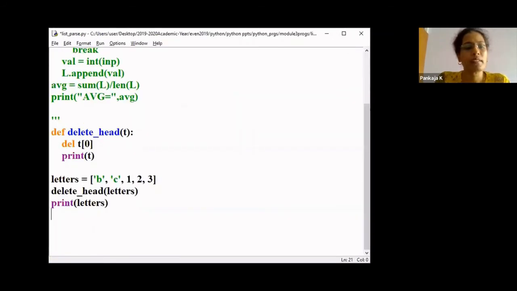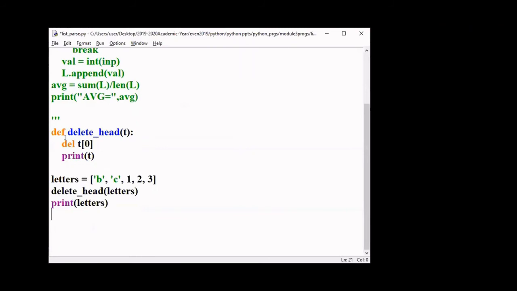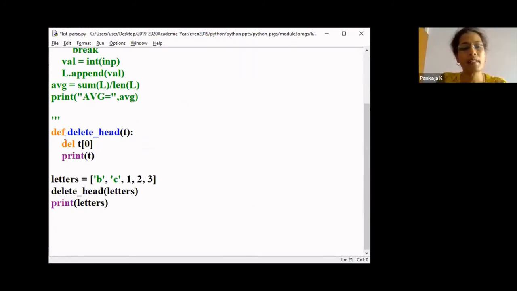So it is code. What I have done here is I've written a function called delete head. From main, letters is equal to B, C, 1, 2, 3. This is a list of both letters and numbers. Now I'm calling the function delete head, where I'm passing the list itself to the function.